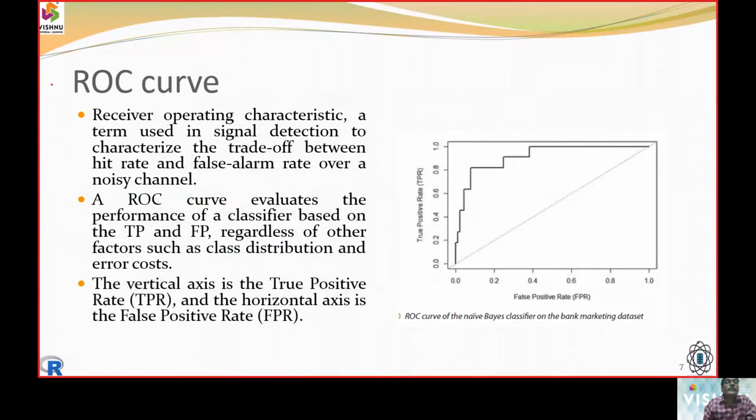The next one we need to look at is the receiver operating characteristic curve, which we call the ROC curve. It is one more measure to tell whether a classifier is rendering the correct answers or not. For that, we use this ROC curve. This ROC curve gives a trade-off between the hit rate and false alarm rate, as used in the ECE branches.